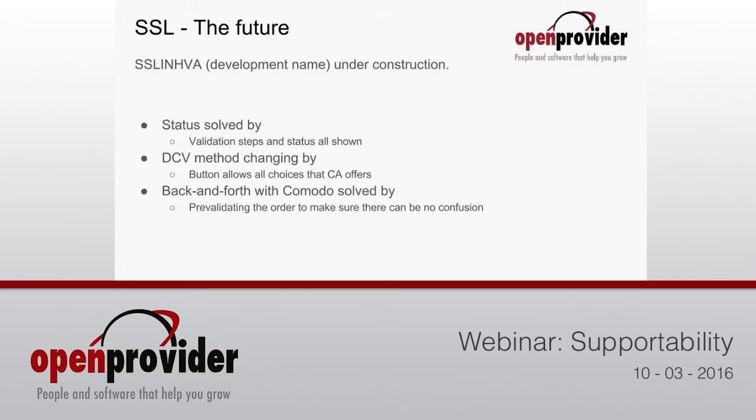So what we're going to do is, at the moment you place the order, we're going to check in the KVK, Chamber of Commerce: is the company there? Does it exist? We're going to check in the phone book: does the number exist? We're going to gather all the information and check the WHOIS, check if the domains exist, to make sure that everything is aligned. And if something is not aligned, we'll warn you beforehand: hey, this does not match. We think we should do this. Please make sure to have everything aligned and corrected before we can continue the order. And this should prevent many back and forths, because at the moment you place the order, you already know what the problems will be. And this will save us, and you, of course, quite a lot of time, and also help increase the speed of the order delivery.